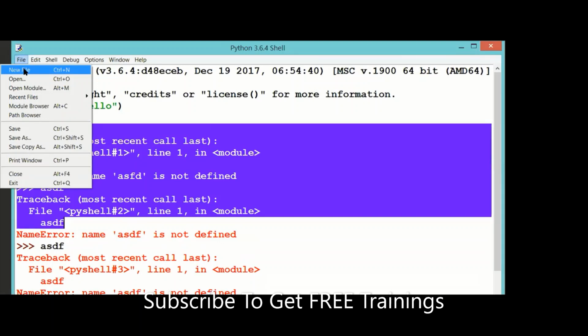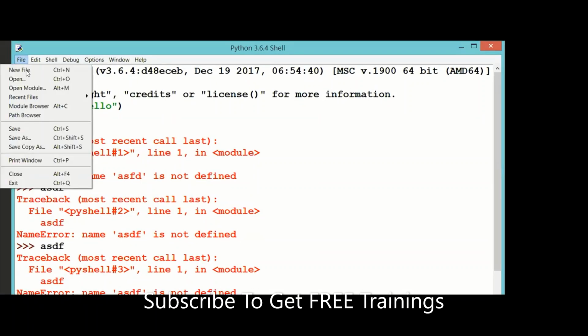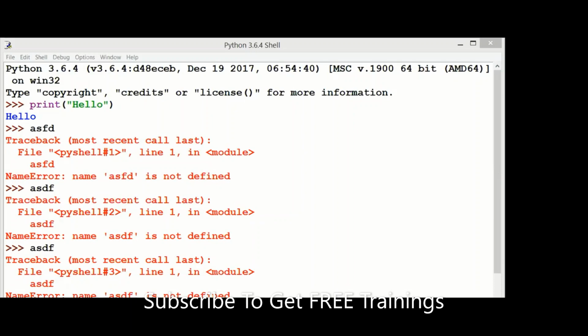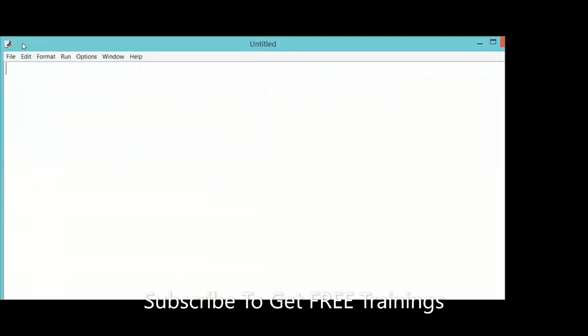Observe, guys. First I'm opening IDLE, later I'm going to File, New File. So let me open a new file. Observe, this is my new file. This new file I also have to share with you, else you cannot see that. So this is my new file. Very good. Obviously, for every program you want to do, start writing in a new file.